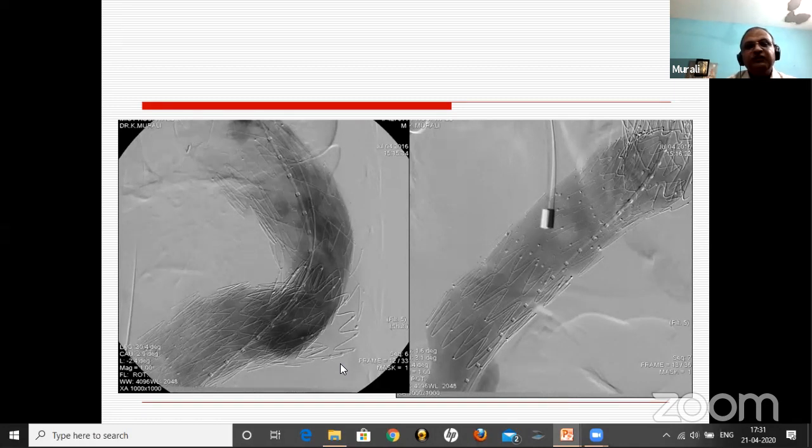There are a lot of concepts coming up, like the petticoat concept, where you can place multiple bare stents. I don't have much experience in that. There is a lot of literature experience on that. And the most important thing, the key, is if the aortic remodeling is very good, then the dissection patients do fairly well. I think with this, I've shown most of the cases. So what I want to convey here is,